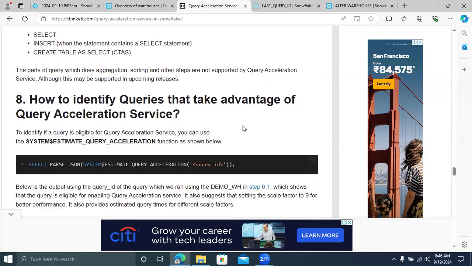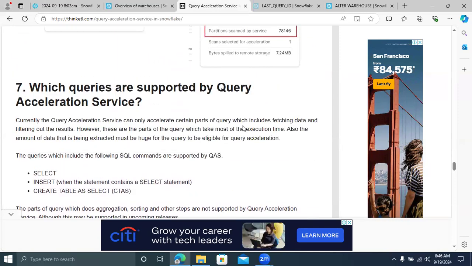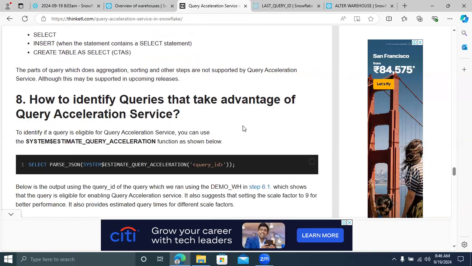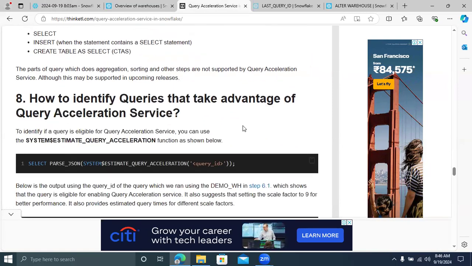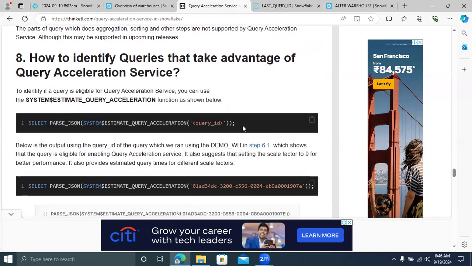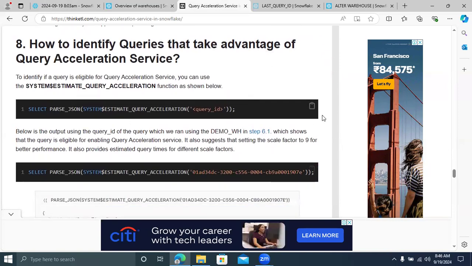Now we have to identify when to go for Query Acceleration Service. For this, a statement is given for us. It is a system function, estimate query acceleration.